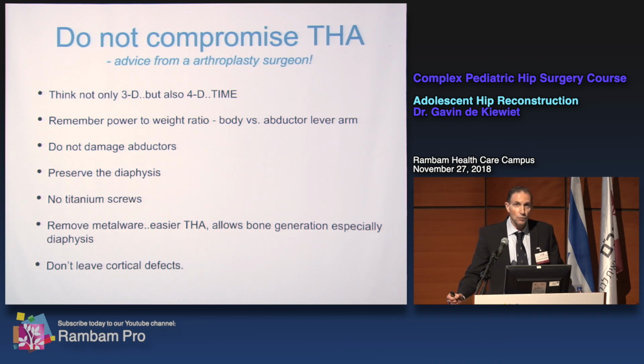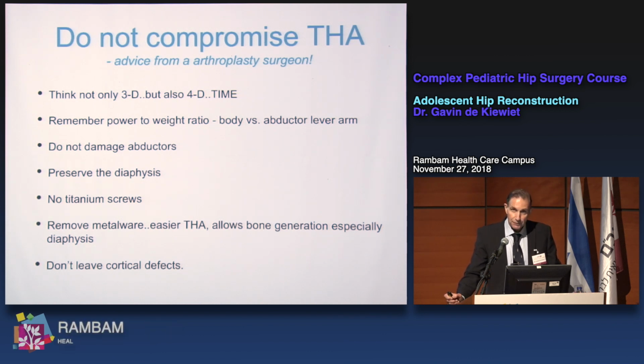Remember, think in 4D as well. Remember time in terms of children, the age, longevity of the procedure you're doing. Don't damage the abductors. Preserve your diaphysis. Don't use titanium screws. They're very difficult to remove. Remove metalware if you can, and we can discuss that because obviously that compromises and makes joint replacement more difficult. Don't leave cortical defects because they are problematic in terms of the type of stem you might use for joint